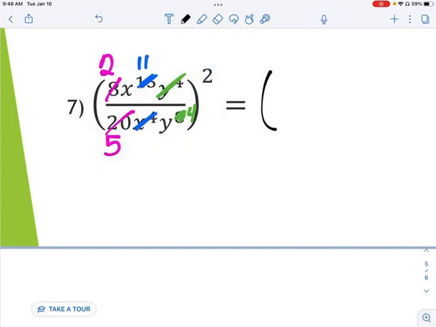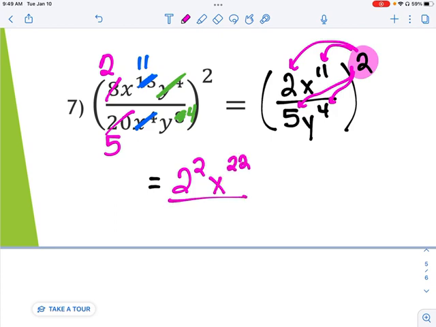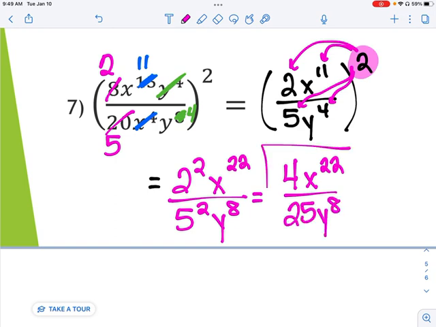So what I have now is 2 x to the 11th over 5 y to the 4th. And now I'm going to square that. So now what I do is I take the 2, and now I'm going to bring that in to multiply to each of these. So I end up with 2 squared. 11 times 2 is 22. 5 to the second power. Y to the 4 times 2 is 8. So now I just simplify that. 2 to the second is 4. X to the 22 over 25 y to the 8th. And that is